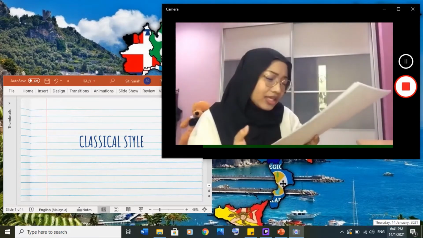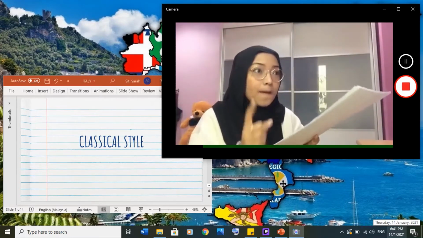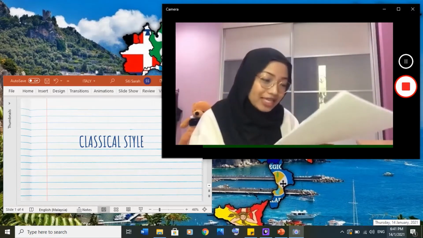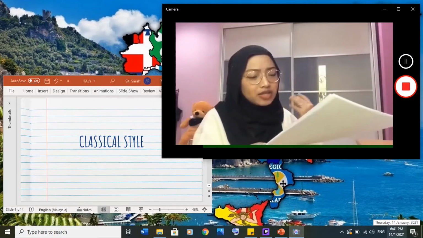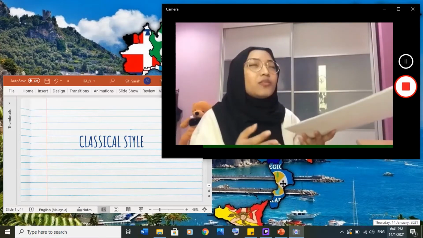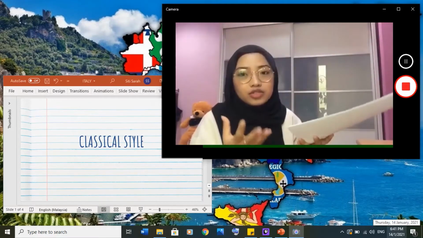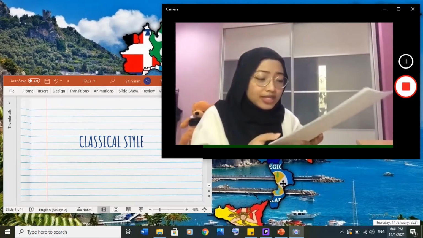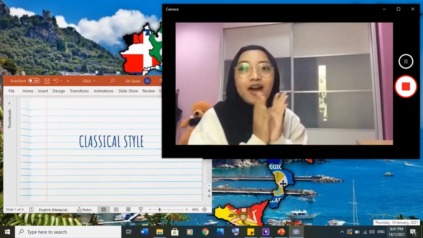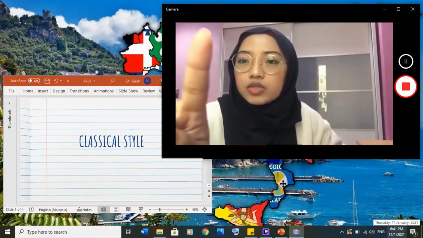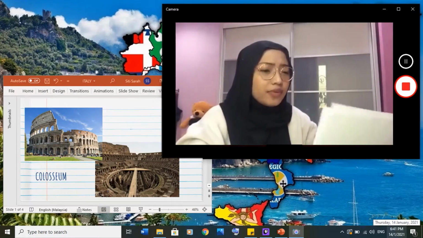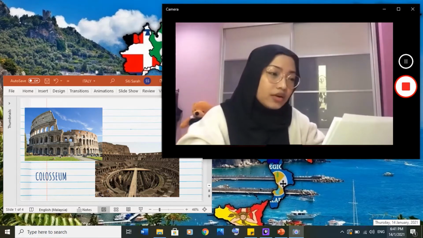Even though this architecture style began with the Greeks, it was the Romans who made it famous by using their own techniques. But they had to educate themselves on the building materials, which led them into producing a great infrastructure. And the first example of classical architecture monuments is the famous Colosseum. Okay, so as you can see in the picture, the Colosseum is actually an amphitheater for games such as gladiatorial